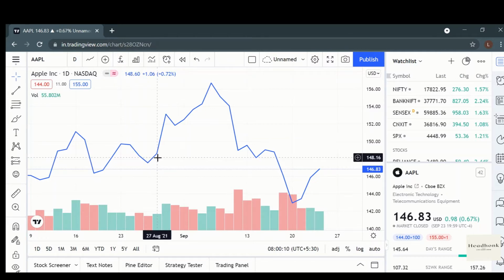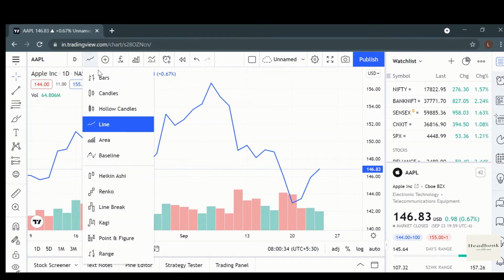So here you see that on 26th of August, the Apple closed on 147.54, and on 27th of August, the Apple closed at 148.16, and both these closing points are connected via a straight line, and this is how a line chart is formed. Similarly, on 30th of August, Apple closed at 153.07 and it was connected to a straight line. So a pretty sweet and simple chart. We will move to another chart.